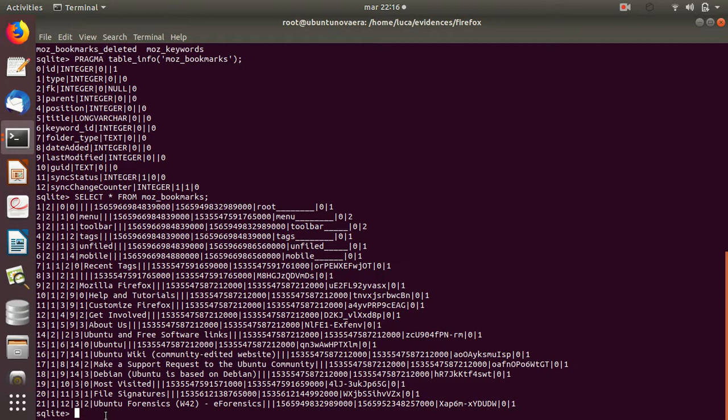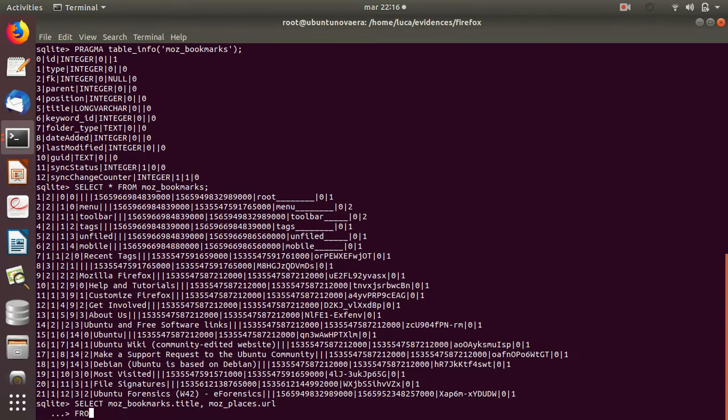If you want to show the URL of each bookmark, we can use the following syntax. Select moz_bookmarks.title, moz_places.url from